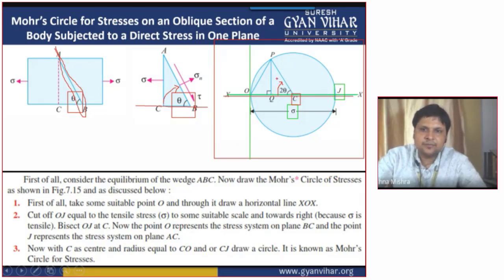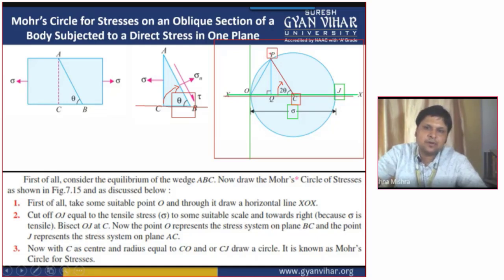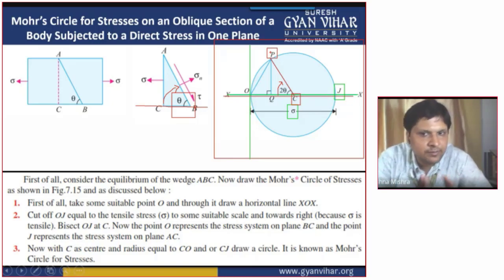Then after taking this 2 theta value, now you will draw a line from this C in this way. You will draw this line CP. And what is this P point? This is the intersection of this line CP which you are drawing with the circle already drawn. And now with this P point, our Mohr circle is completed.